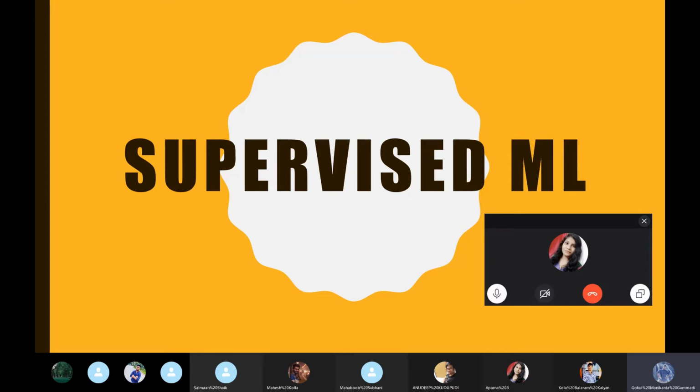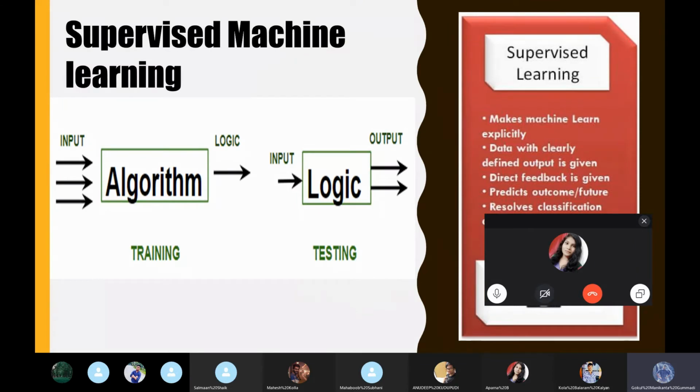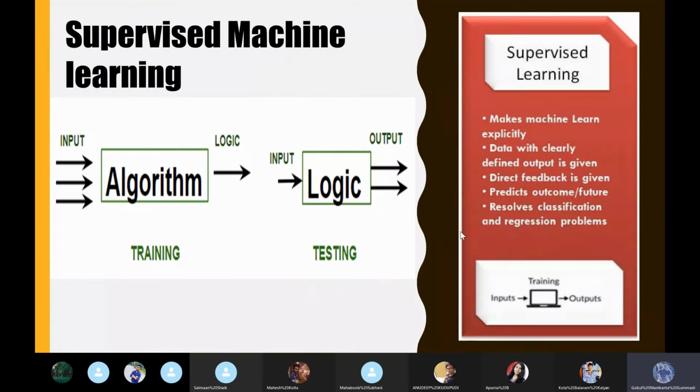So in supervised machine learning, the algorithm has a training process. On the right side, if you can see here, I have clearly explained the input. When we give input, the training happens, and then it gives outputs. But the inputs and outputs are not two different things here.